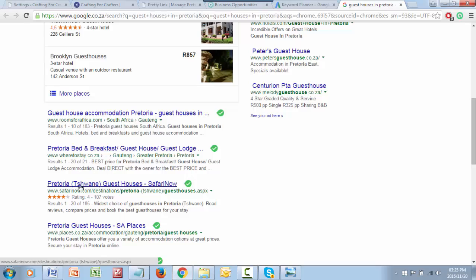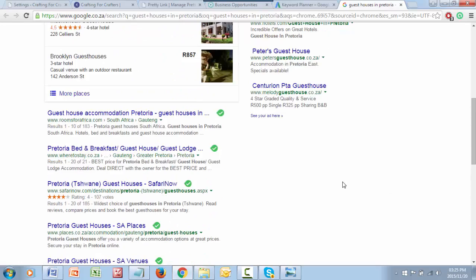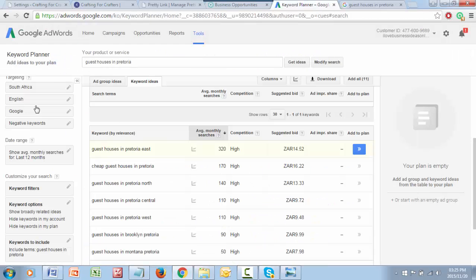These guys are ranking because they've got hundreds of pages. And by the way, hundreds of pages for guest houses right across Africa, from bed and breakfast hotels. Look, here's all the words in there. Lovely for them. But if you did one that was just for guest houses, and if we go back to here, the guest houses are gone. Let's do guest houses only.